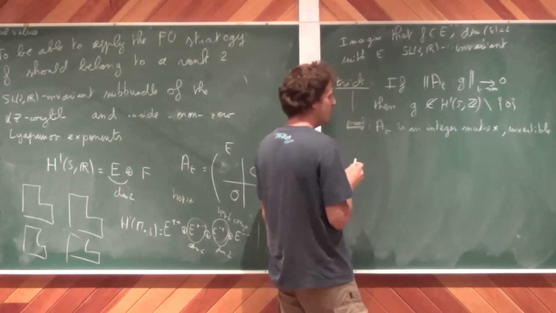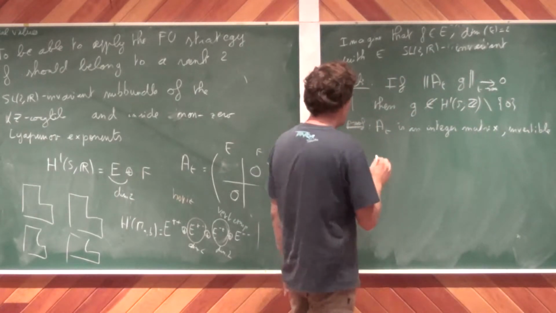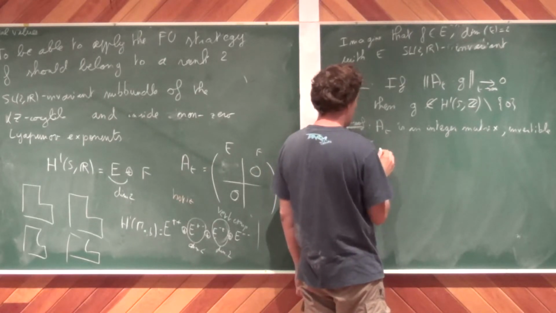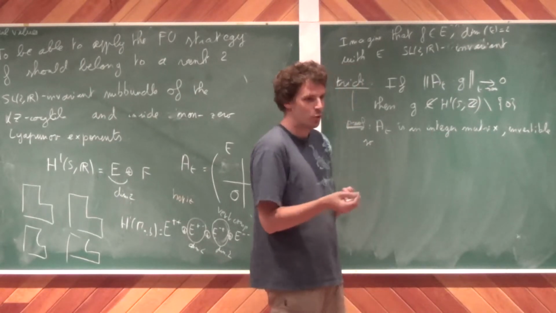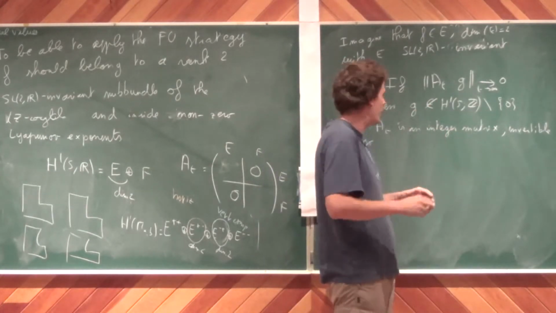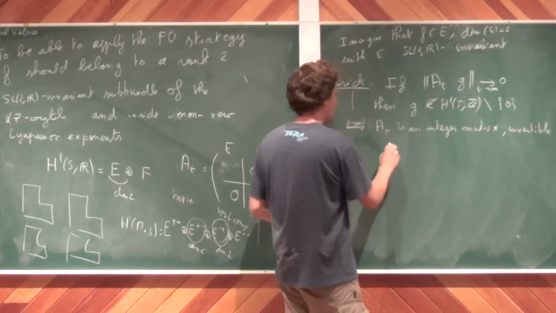Which means that if you pick an integer vector, the image should be an integer, so it should be 0 or something strictly bigger than 0, but uniformly. And so